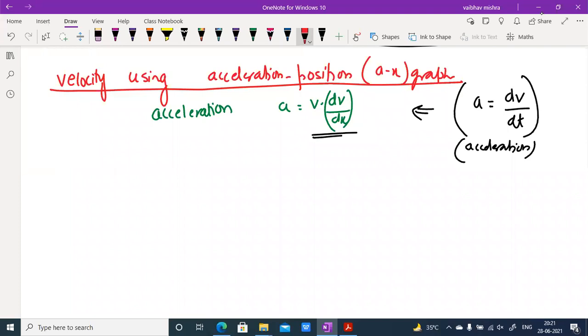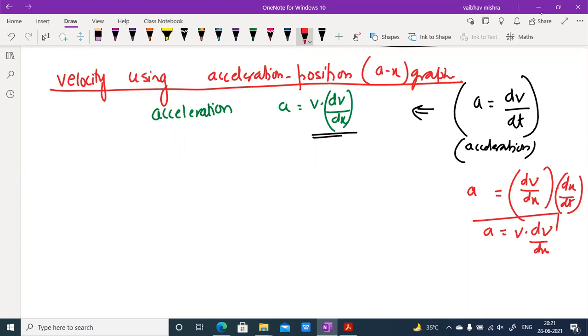So a equals dv by dt. We multiply by dx and divide by dx. So dv by dx into dx by dt, and dx by dt becomes velocity. So that is v times dv by dx. Now, this is a relation when velocity is given as